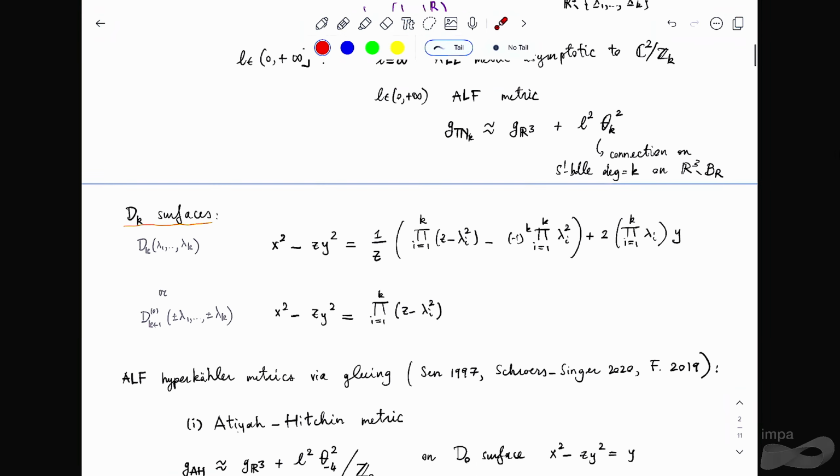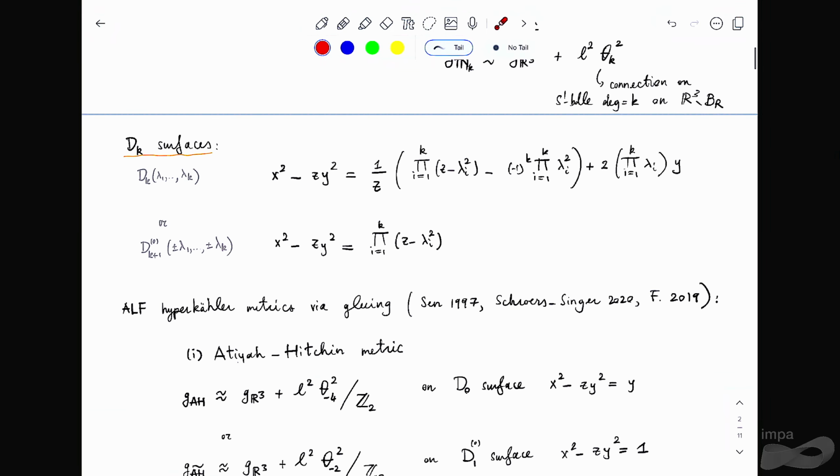Okay, so if we go to the Dk surfaces, then again we can start from the complex case. We have a Dk singularity, and their sort of versal deformation space. So